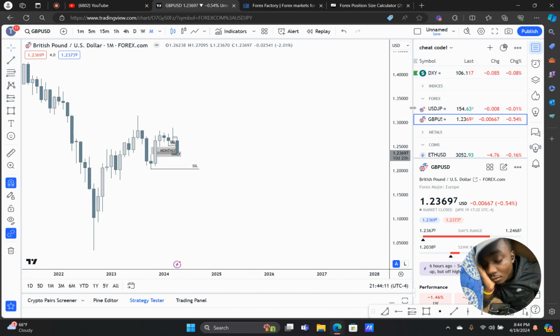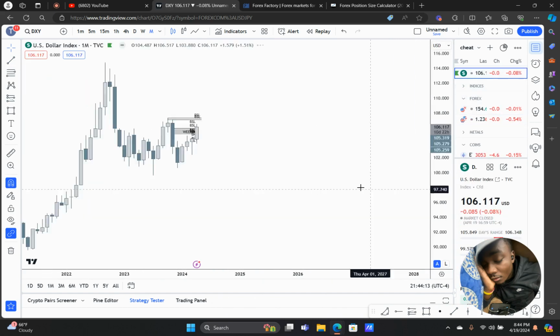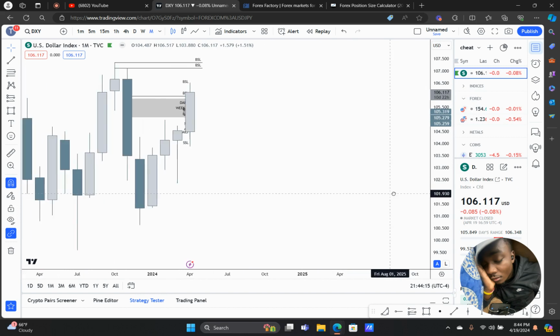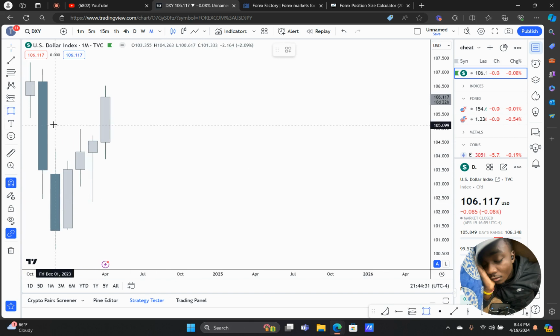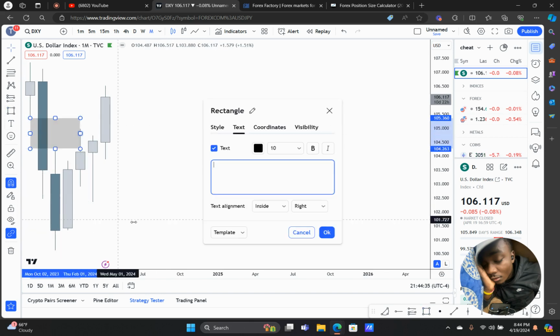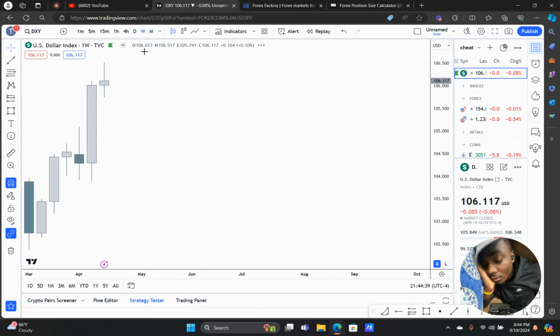But on the dollar aspect, the dollar, I've been like this since the end of March, honestly. Well, not the end of March, but the beginning of April going into this monthly PDRA. Yeah, the beginning of March too, because we started disrespecting this monthly PDRA on the dollar